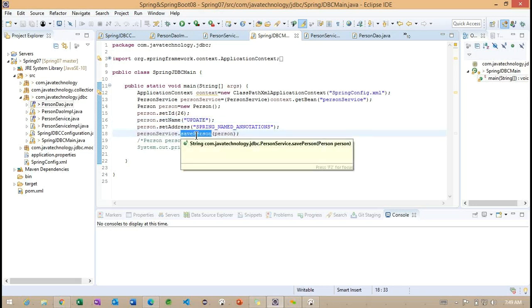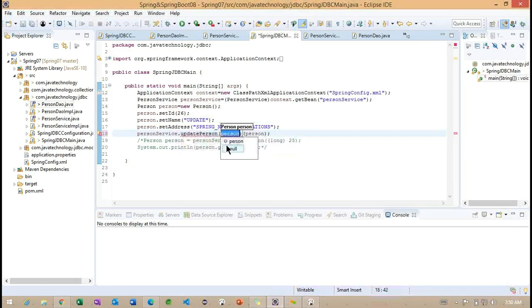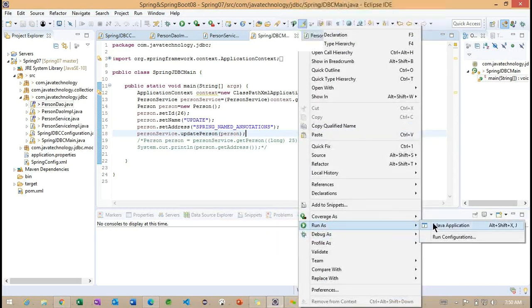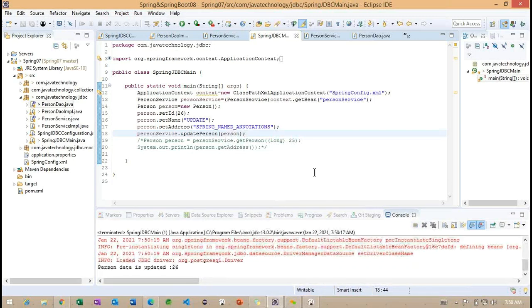Instead of save one, we have update person. Let me run the example. So person data is updated.